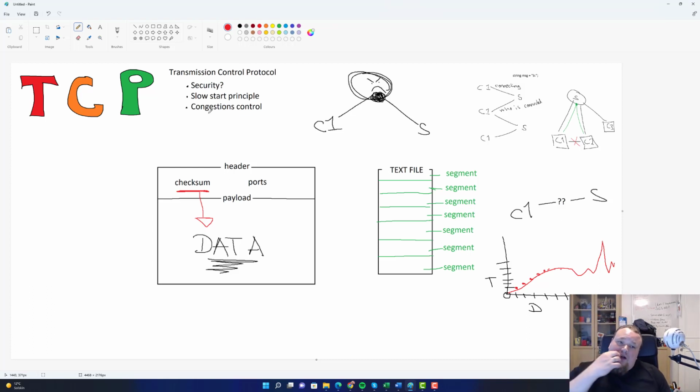So the slow start principle is starting the connection at a slow speed, which is also why when you are downloading software, it starts slowly. It's not going to start like boom, and you download 10 gigabytes in a second. Maybe it would look like that, but that is probably because you have a really good connection and the other party has a really good connection. But in practice, it's going to start slow. And that's how it works, really.